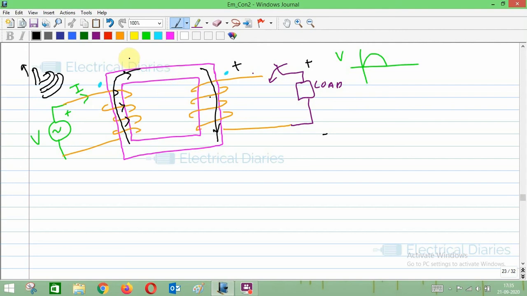Always remember, you never use your right hand thumb rule when your dotted polarities are given. Here, just to make you understand, I have given you a brief idea. We could also see the formula for the EMF induced. Let us say phi is phi m sine omega t. E is equal to n d phi by dt. The EMF induced in any winding will be the same if the flux in all those windings is the same.